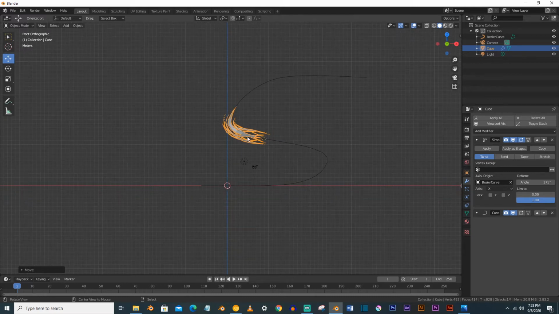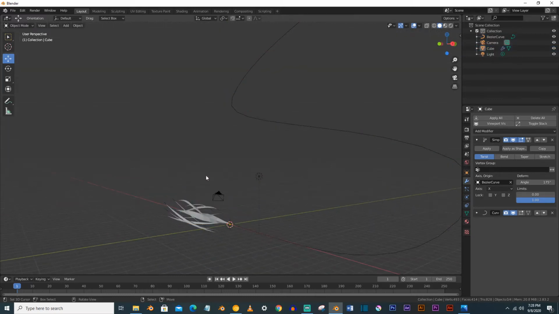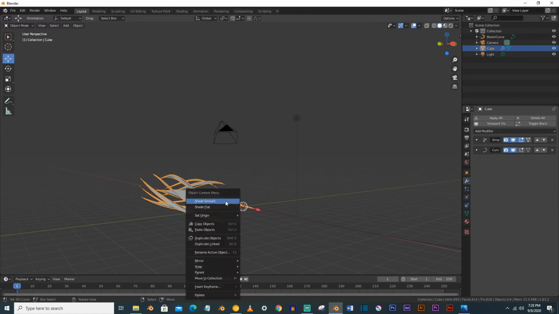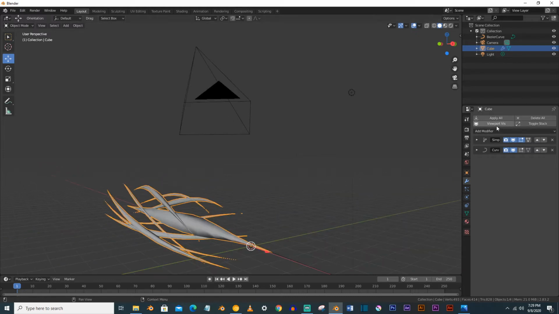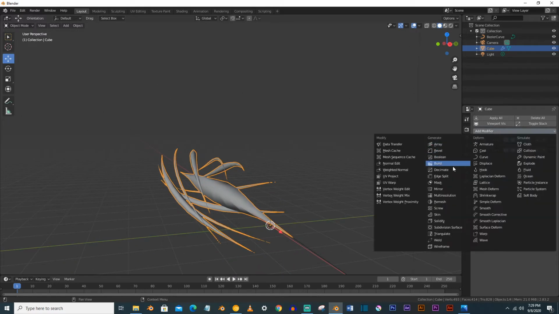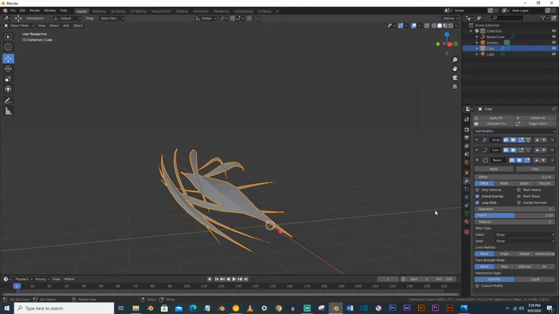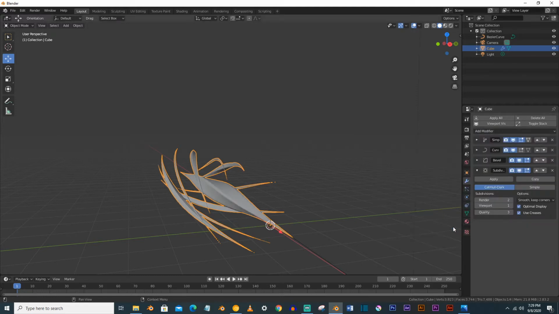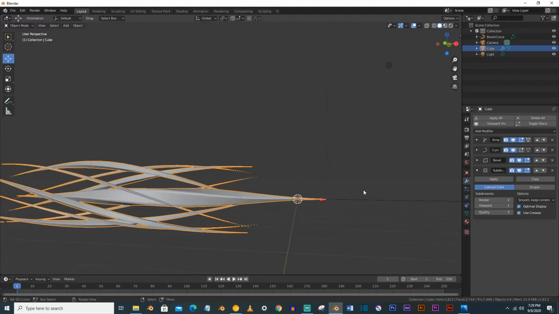And what you can do, for a better shape, you can press W and shade smooth, and to remove this weird effect you have to apply the bevel modifier and select the angle type here, and you can increase the angle to 70, and also you can apply the subdivision surface on it, so it is looking like this.